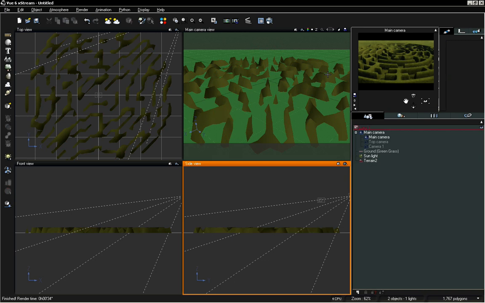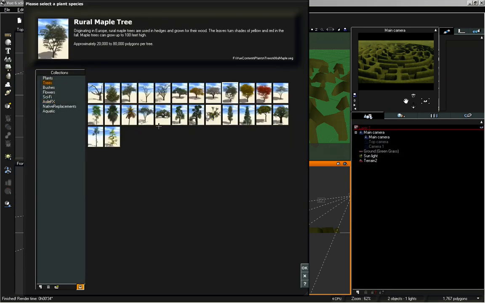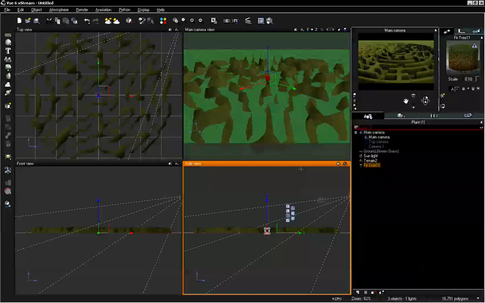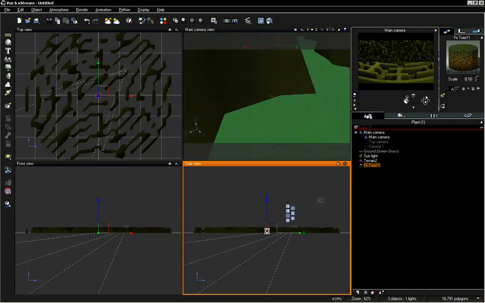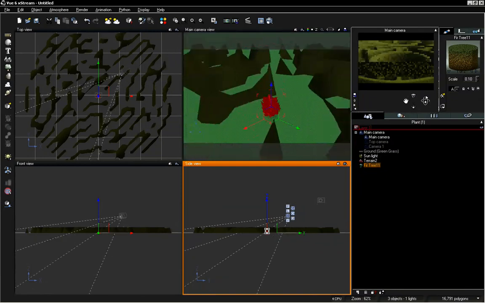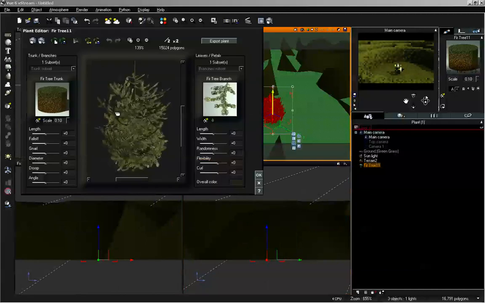So first, if we're going to be doing this, we need to load in the plant we would like to work with, and there's a lot of different ones available. I'm going to use the fir tree, and we're going to start out with that. I just want to move our camera in so we can see this a little bit better. We can double click on it,